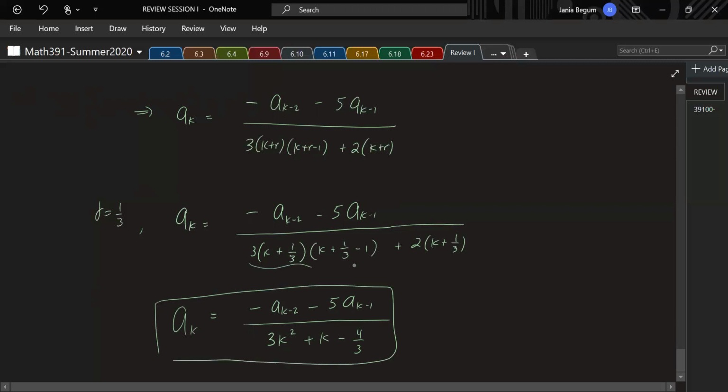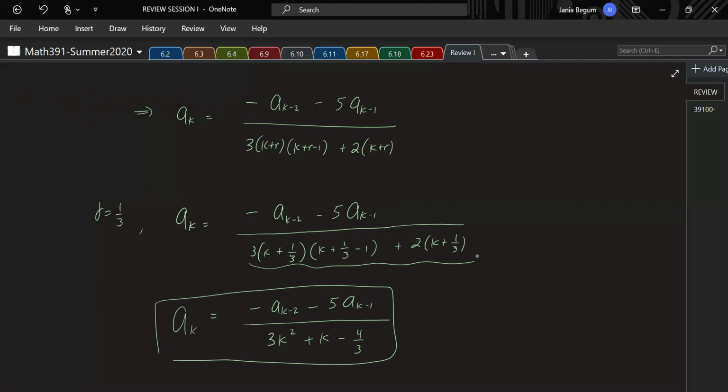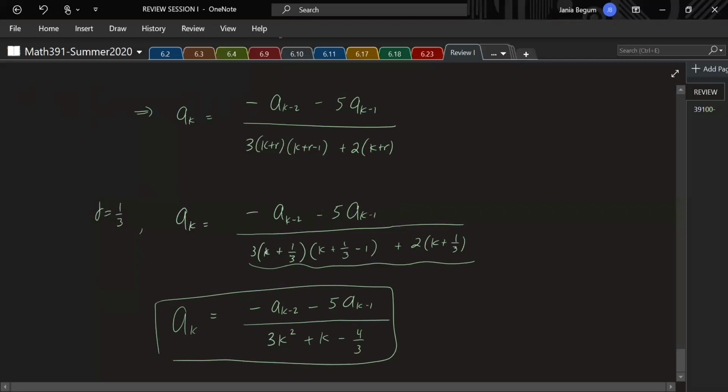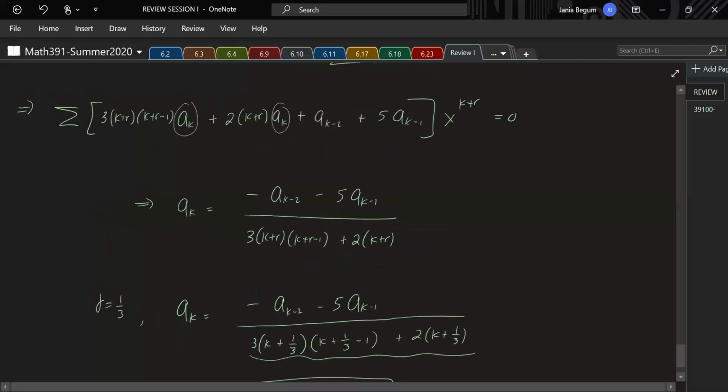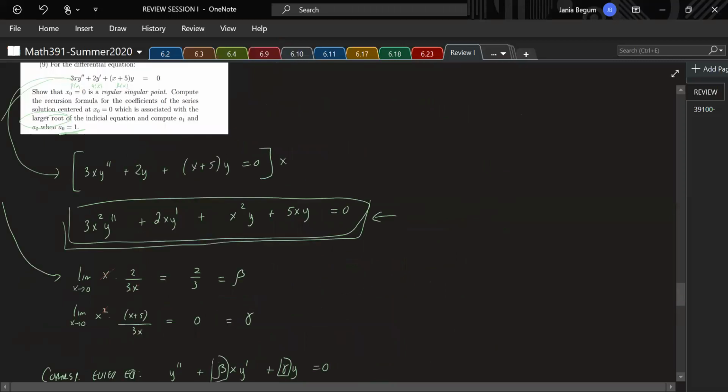But you see, the rest of it is just algebra, so I'm sure you guys can figure that out. At this level, you should be able to do it. There's no need for me to show you how to simplify fractions. We all mastered that. That's why we're here. All right, so there you go. You have your recurrence relation. And of course, you can play around with this, factor out the 3 again, and rewrite stuff, but I wouldn't do that. So we have our recurrence relation, and the next part is to